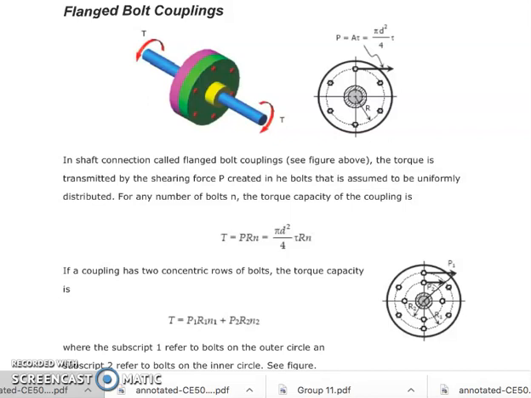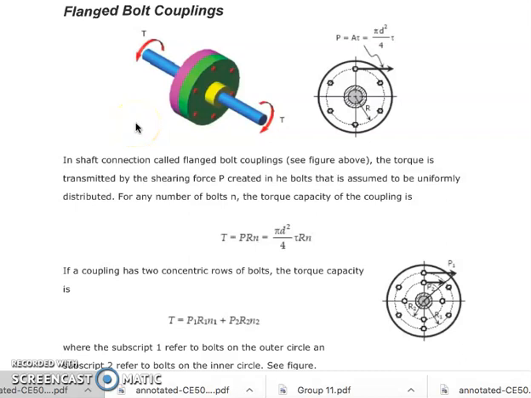So our topic is on flange bolt coupling. In any shaft connection called flange bolt coupling, as shown in the figure, we have here the illustration for a shaft connection. That shaft connection is being called a flange bolt coupling. There is a torque being transmitted by the shearing force P created in the bolt that is assumed to